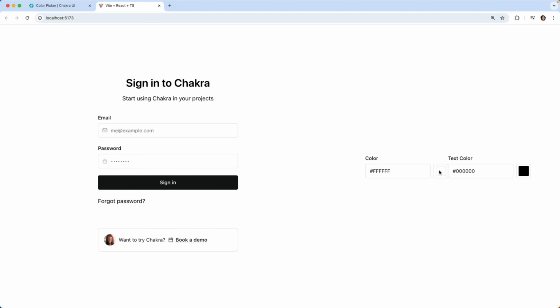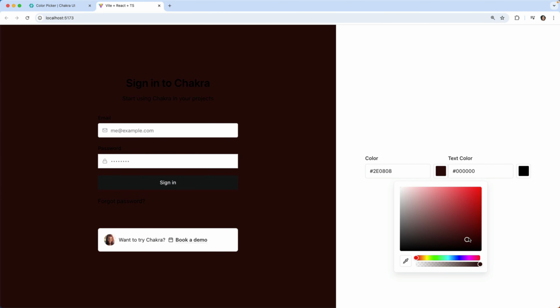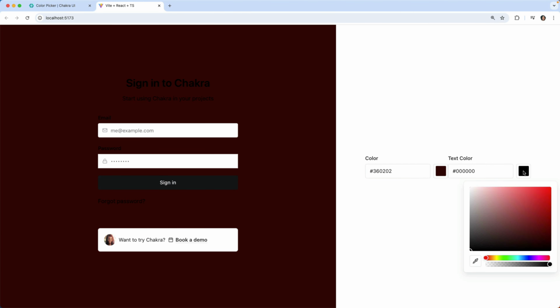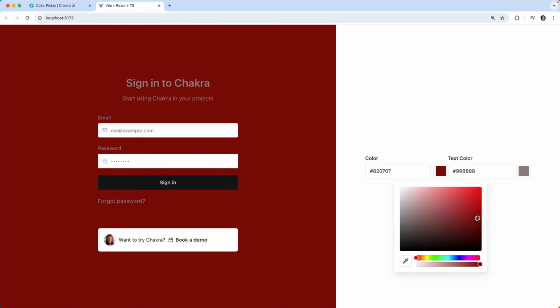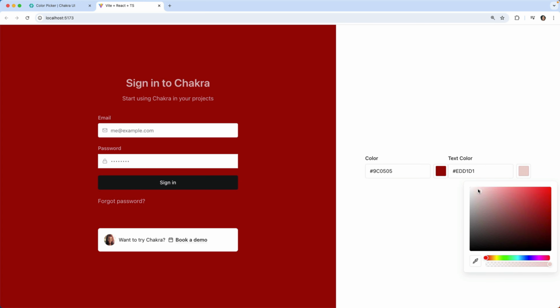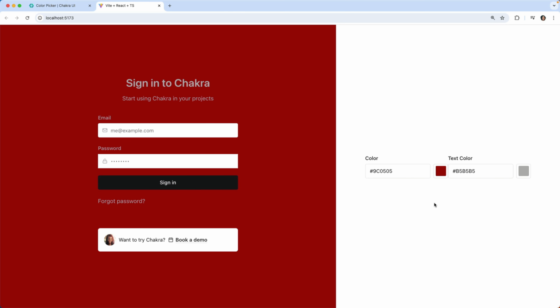So we have a background color that we can change, and now we also have the text color that we can change, and this is just absolutely amazing. I love to play with this because I just love to scrub through the different colors and you can see how it changes. Now, another scenario is, what if instead of giving your users an open-ended color picker for them to pick from,